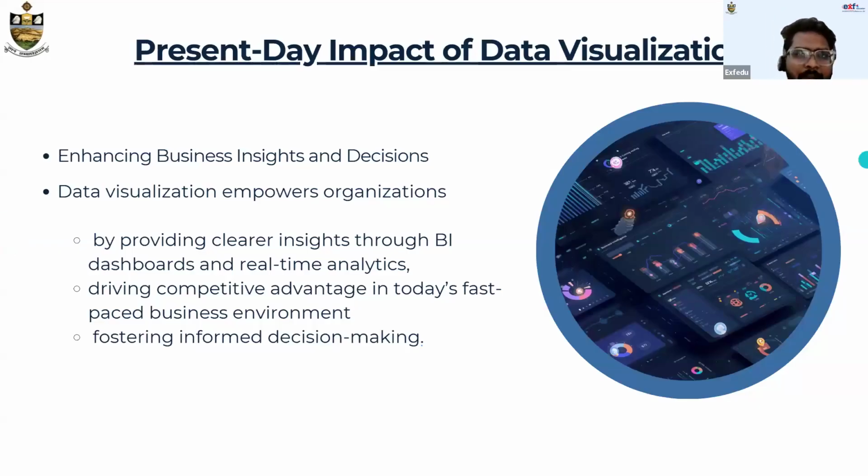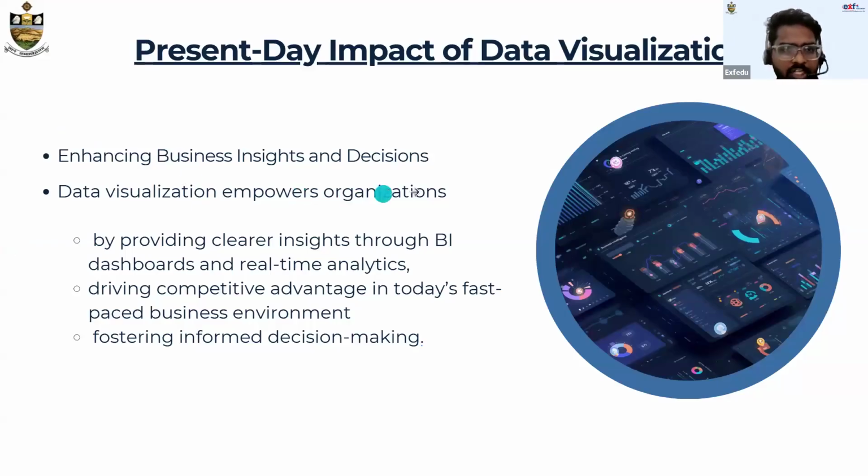Let's discuss the present-day impact of data visualization. As we mentioned, we have the data, but without utilizing it at the right phase, it doesn't make sense to have it. Data visualization enhances business insights and decisions, which helps you make better informed decisions at a faster pace.